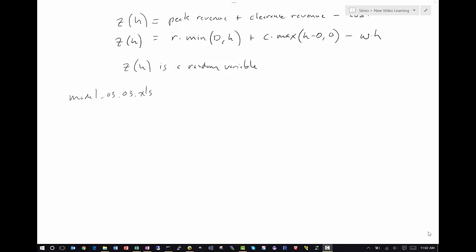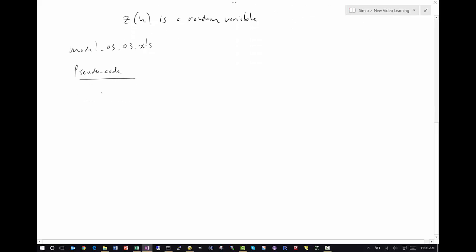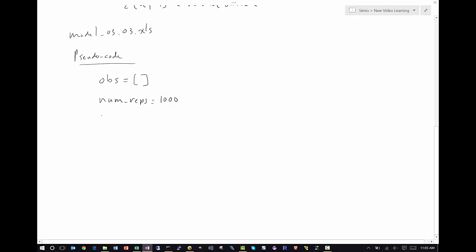So the first step that I'd like to do is create the pseudocode for our Monte Carlo simulation. Our simulation is pretty straightforward. I'm going to track my number of observations, which I'm going to call OBS, a list or an array for observations, and I'm also going to specify the number of replications, reps. Let's say we're going to do 1,000 replications initially. So I simply iterate through my 1,000 replications. So I'm just going to say for i in range num reps,